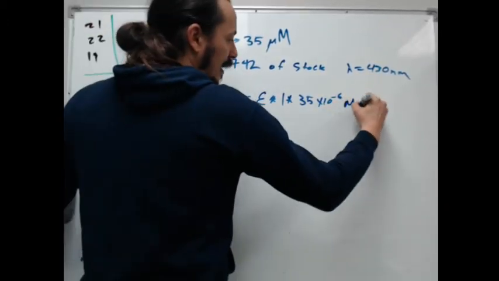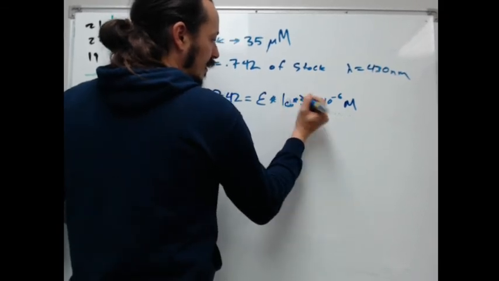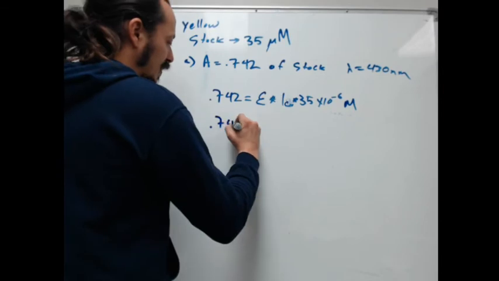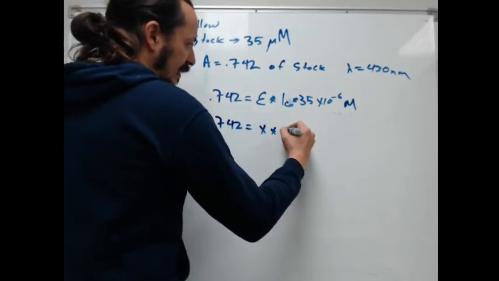This is now in molarity. This is in centimeters. This has no units. We've got one unknown variable. Easy to solve, right? Now again, notice it's easy if I set up the equation. If I just set up 0.742 equals x times